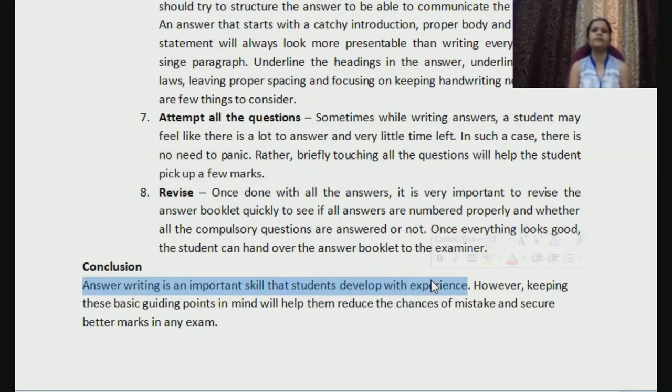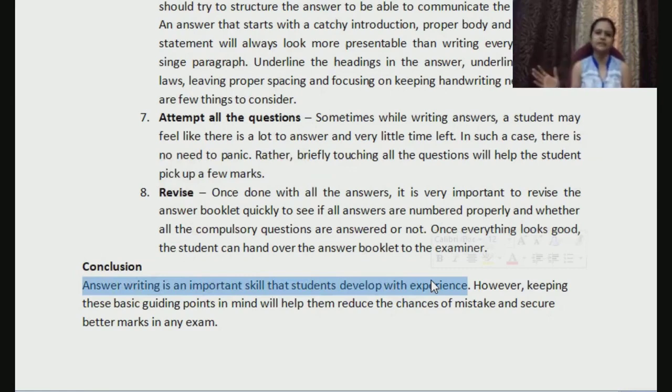We know that, okay, fine, I cannot give 45 minutes to writing one 10-mark question. Otherwise, by the end of 2 hours, I will have to write everything in a hurry. I would have a shortage of time. All those things we have learned with experience only, right? We have appeared for so many exams. Some things we learned in every exam, and now we know that these are the basic things that we need to take care of.